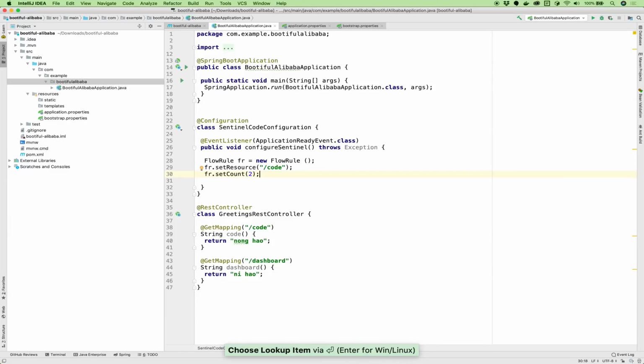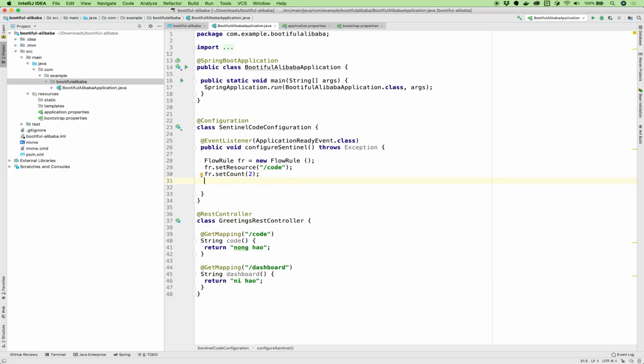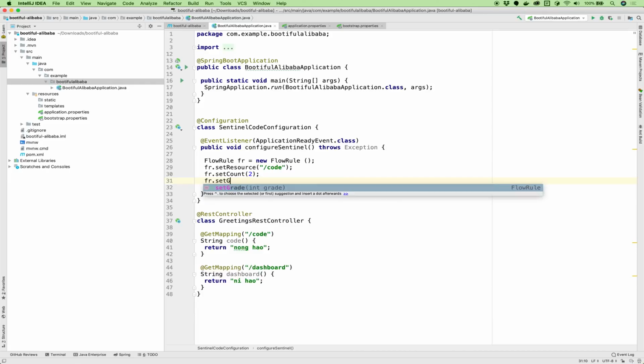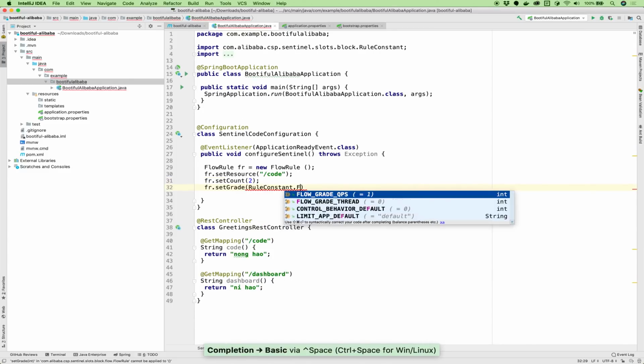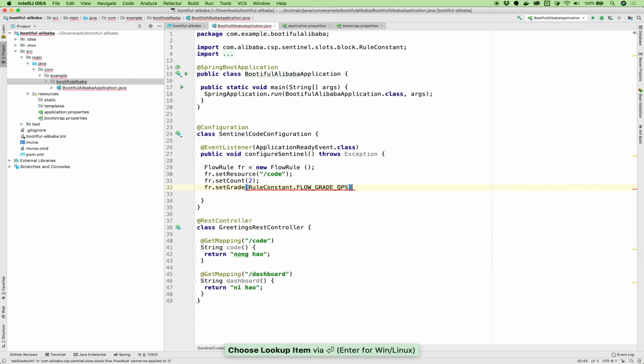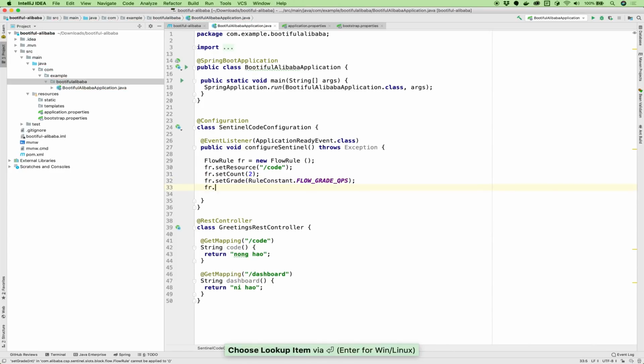But obviously in a real production system, one would hope that you'd handle a good deal more than that. Whenever I do a Spring Cloud Gateway and the circuit breaker, the rate limiter, I also show like 5 per second or something like that. So, this is just problems of doing demos, I suppose. And then set the grade, and the grade is the thing that we're going to use to determine what triggers the protection, right? So that flow grade QPS, so that's queries per second. Okay, and then we want to say, I want to limit this app, basically.